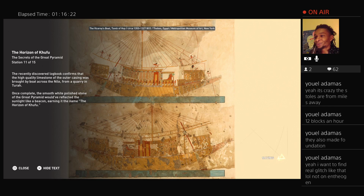The Horizon of Khufu. See, we already know all of this. That's why I was shouting out King Oz, saying I'm starting to write down stuff. And I'm paying more attention to things. Even making this video is me logging down my notes right now. Because I just don't be knowing, getting the names down. Like you all said, this